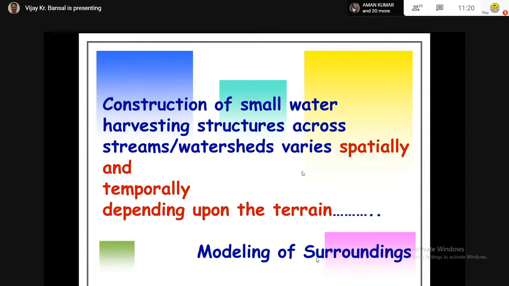Okay, so this integration of GIS and BIM is required for sustainability analysis, disaster preparedness,